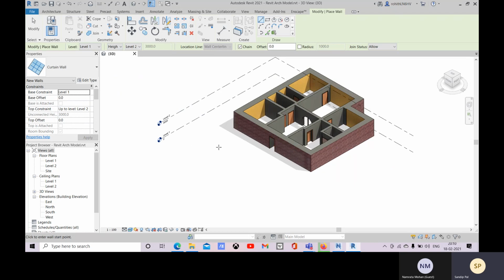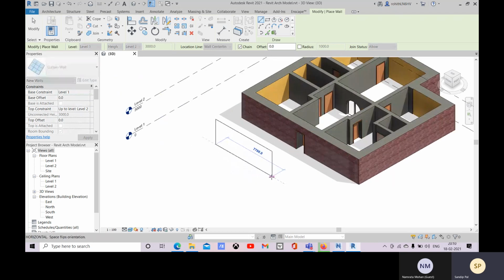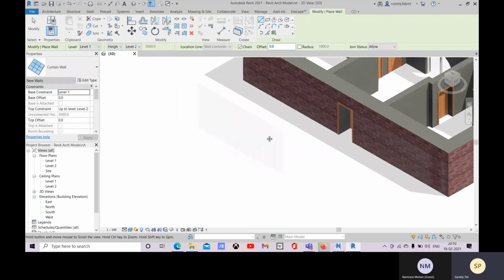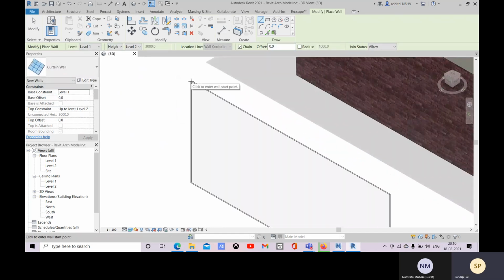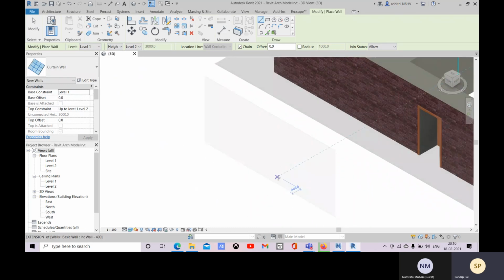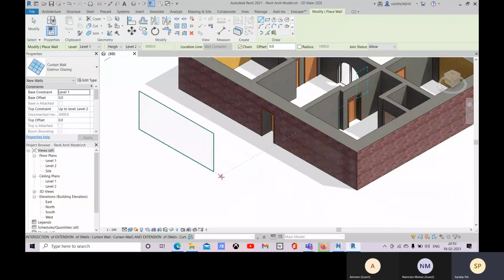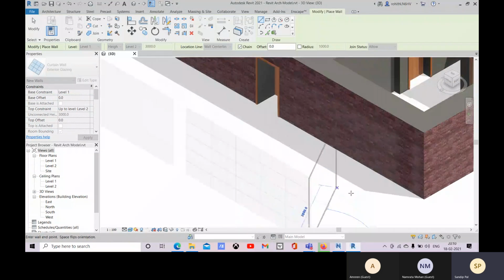Okay, so that is a simple curtain wall which has grid lines outside the boundary. So these are grid lines, and there you can place mullions. This is just a simple glass panel, and your exterior glazing has the grid system in it, but it doesn't have any supports.